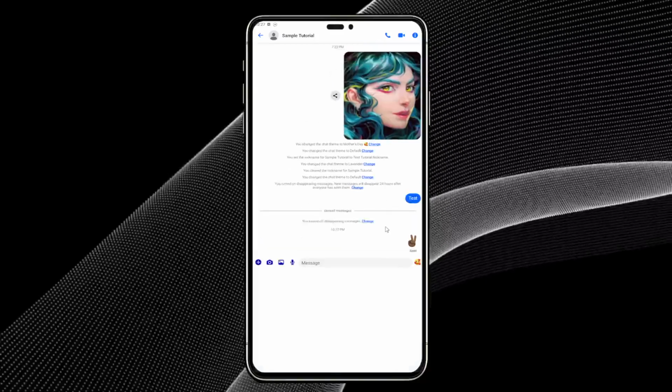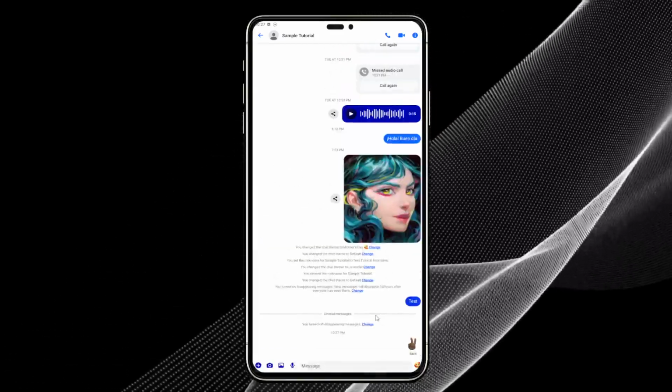And that's it! You've successfully changed the emoji skin tone in Facebook Messenger and can now express yourself more